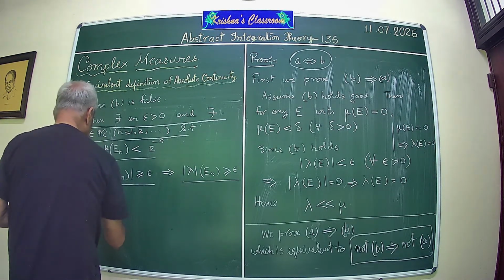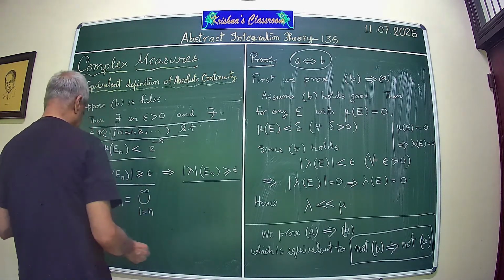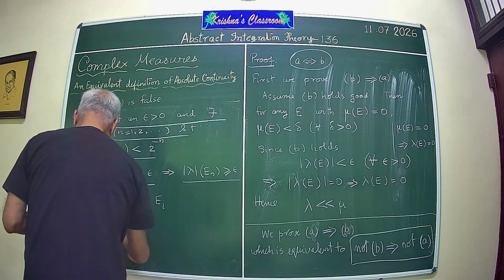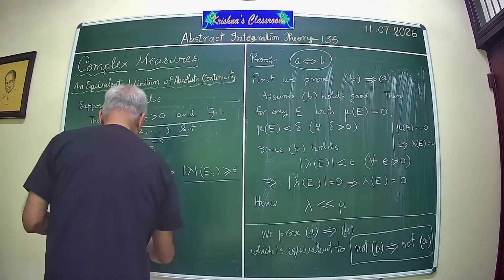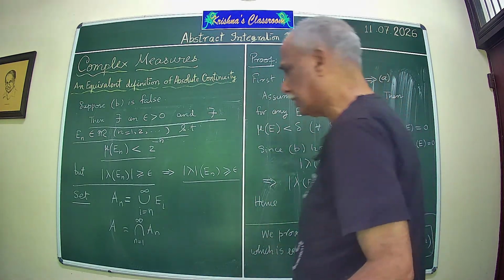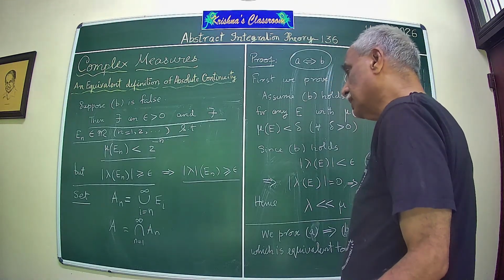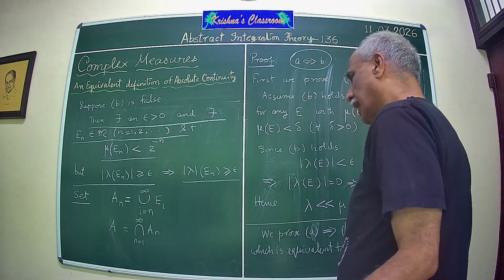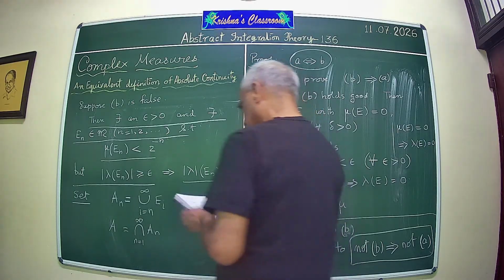Now we define An to be equal to union i equal to n to infinity of Ei, and we take A to be equal to intersection of the An. So we start with E1, E2, En we have already obtained, and from that we construct sets An and A. So An is the union of En, En plus 1, etc. Those sets. Okay, and A is the intersection of all these. So what happens to this class of sets? See, you have the property that